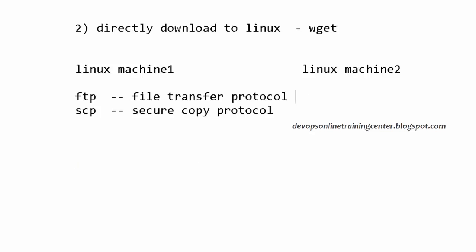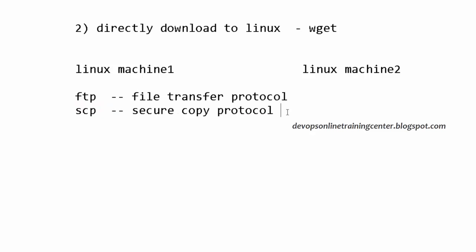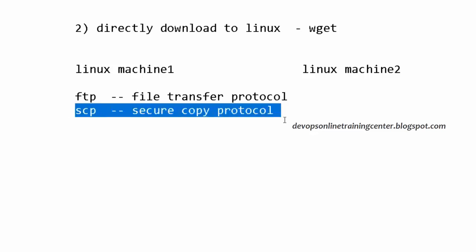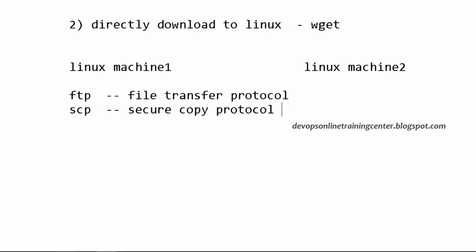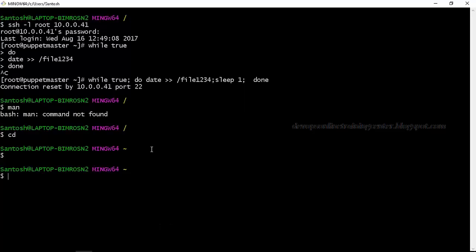With FTP, again, the password is not secured. If you enter the password over the wire, anybody can hack it, same as Telnet. Whereas SCP is secured, the password will be sent encrypted like SSH, right? So SCP is preferred all the time. So use SCP to transfer a file from one machine to another. Let us bring up another machine and check how to do SCP.